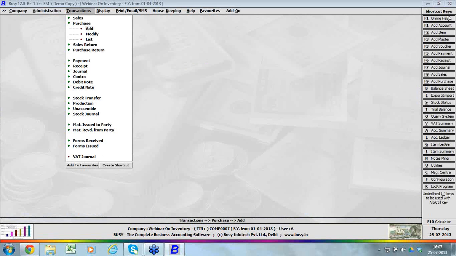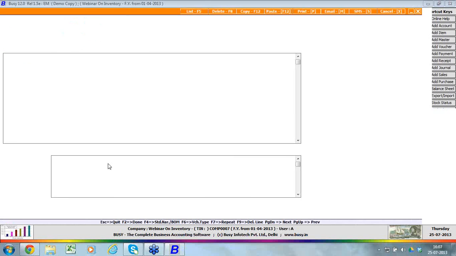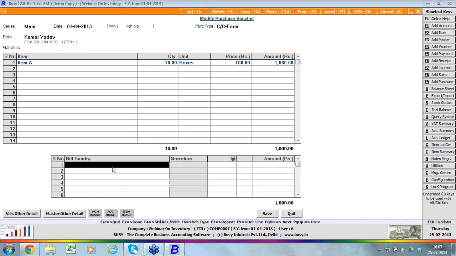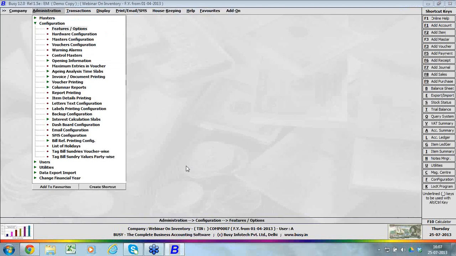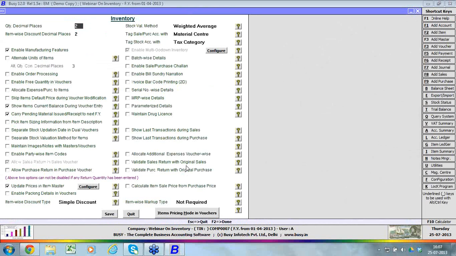So multi godown inventory is possible in Busy, you can use it. I'll show you one more thing. This is the bill sundry in Busy. In bill sundry you can put overheads, and there is a narration. It's not highlighted, but if you want to write something here, you can enable the bill sundry narration here. If you pick this option,